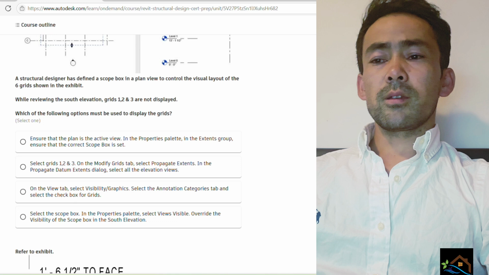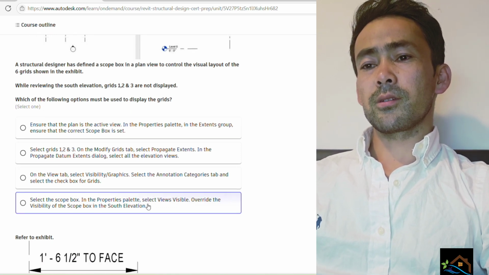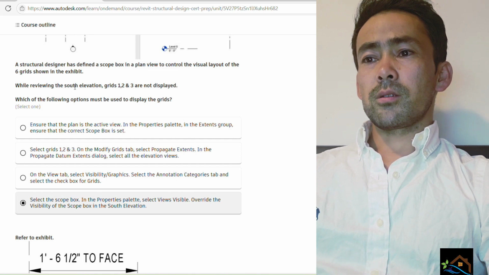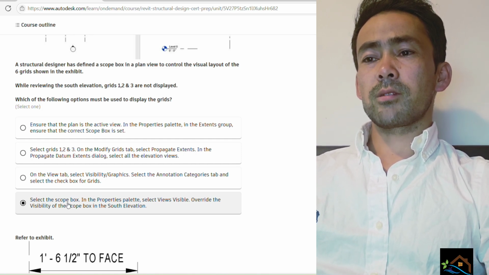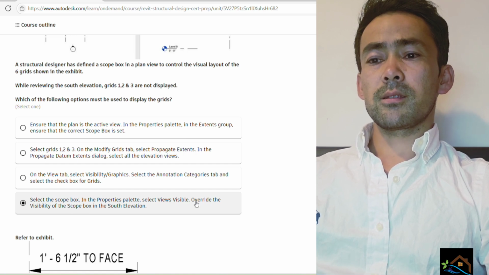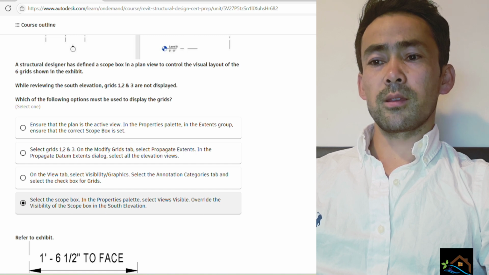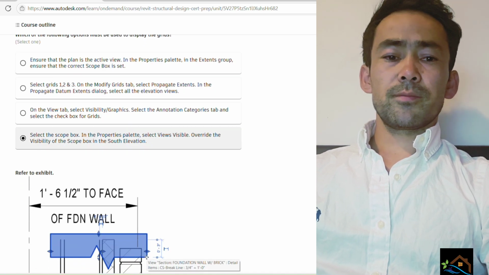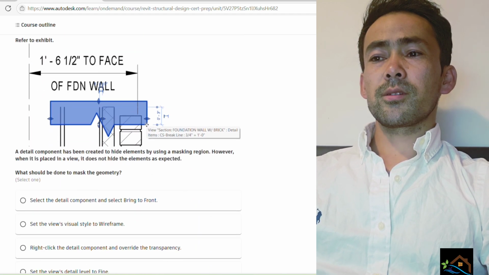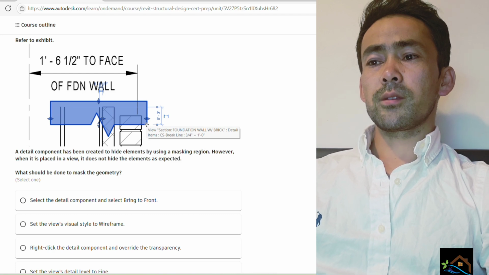If you want to display all the grids, we need to extend the scope box in the south elevation view, because this is about the south elevation. And we select the scope box, and in the properties palette select visible view and override the visibility of the scope box in the south elevation. So that's the answer, and here is a masking region and exhibit, and the question is,